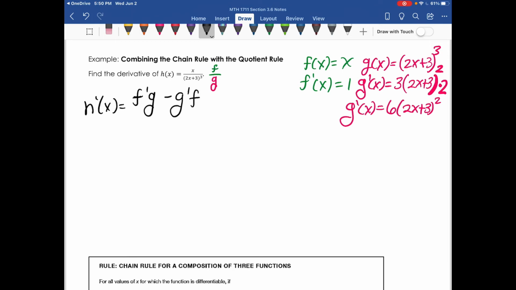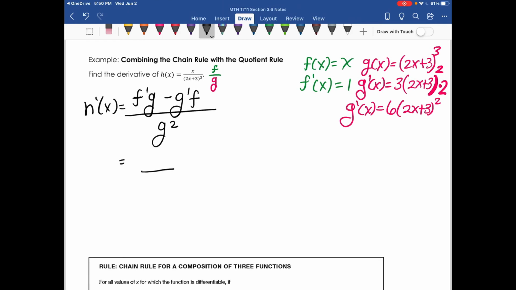All right, so now when we go to evaluate h of x, for the quotient rule, we have the derivative of the top times the bottom minus the derivative of the bottom times the top all over the bottom function squared. So in the numerator, I have the derivative of f, which we said is 1, times g, which is 2x plus 3 to the 3rd, minus, now I have the derivative of g, which we said was 6 times 2x plus 3 to the 2nd power, times f, which is just x,